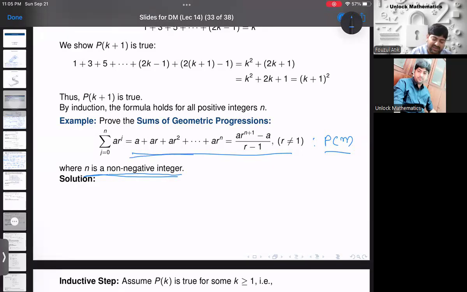Now if this is Pn, what is P0 then? Only r to the power n, it will be a r to the power 0. That means the first term, right? So your basic step is, I am doing it a little shortly. So your basic step will be